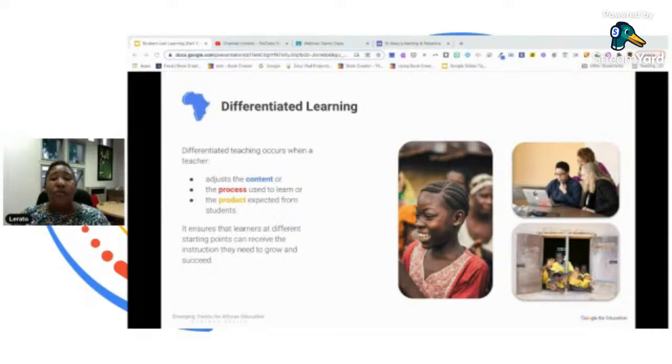Oh my word, mind-blowing. Another great way for us to actually tap into our different learners, giving them a choice and recognizing that they are an individual.